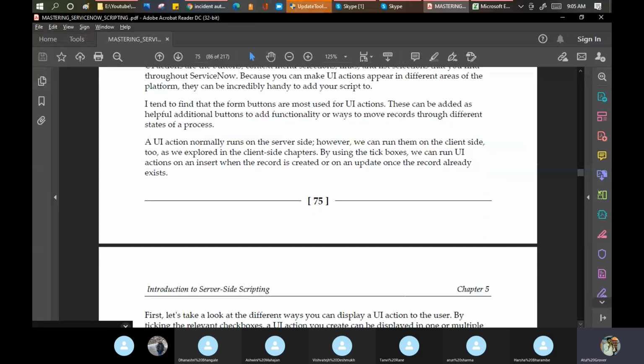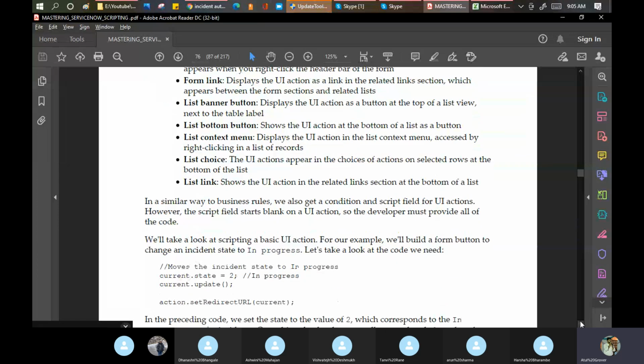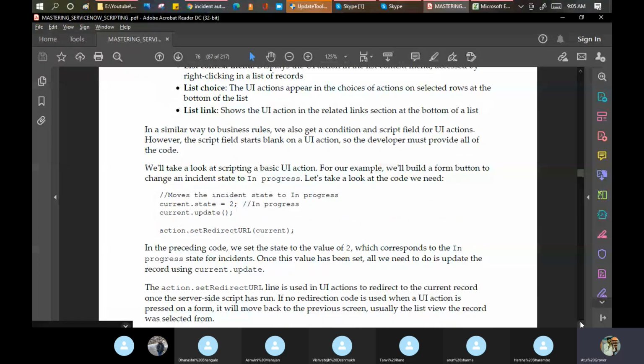Then UI action, which we discussed 2 days back. On the form button, context menu, banner, and here you can also mention the complete code. UI action and business rules are the two things where scripting is actually required. You cannot skip scripting.